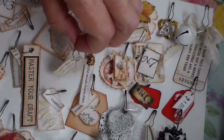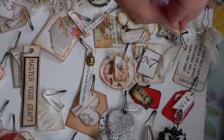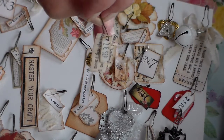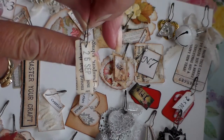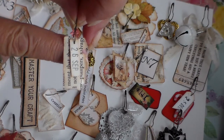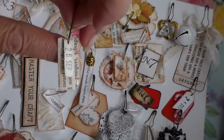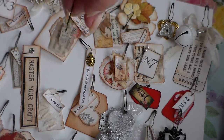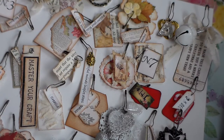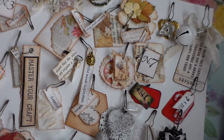I mean, they're easy. This one is just a little piece of book paper with a date on one of the little scrap cardstock pieces I had, and that's it, on a pin. That's it. Now, I had a couple here I was going to make, but my video's getting kind of long. But I just wanted to show you. I just put this together. It's just one of these little